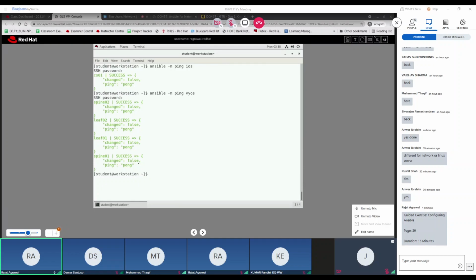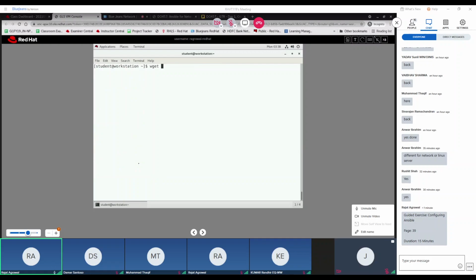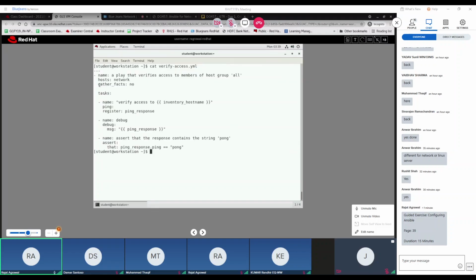So this is fine. Now it is asking you to download a playbook and run it. So in the book, the wget command is written as wget and a backslash. So don't do that. Just run the whole command at once. So wget http://materials.example.com/playbooks/verify_access.yaml. Now, what this playbook is really doing right now is running the ping module for you,